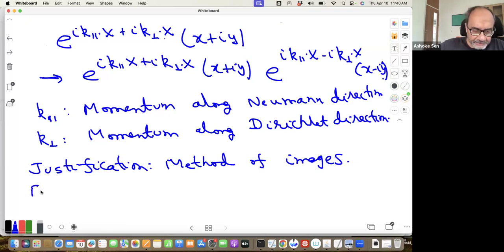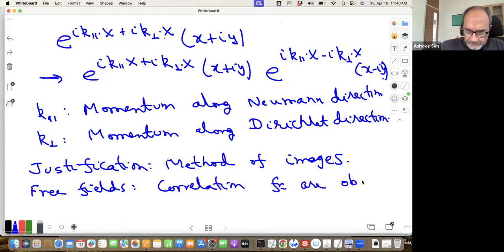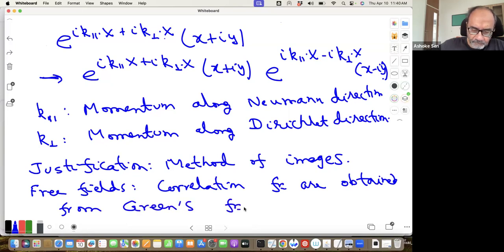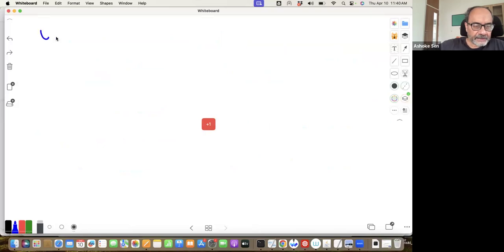So for free fields, which is what we have, correlation functions are obtained from Green's functions. Okay. So what we need to do is we need the Green's function on the upper half plane